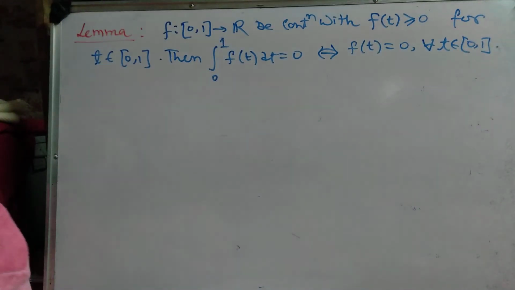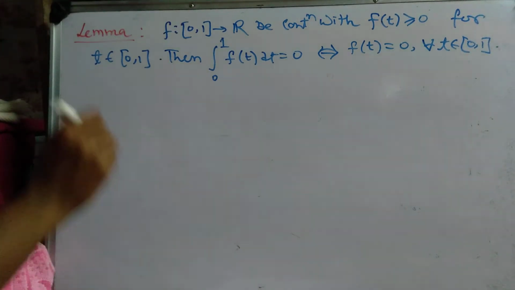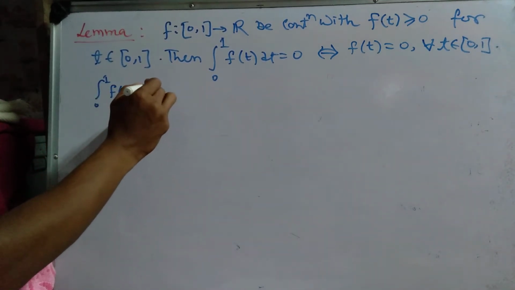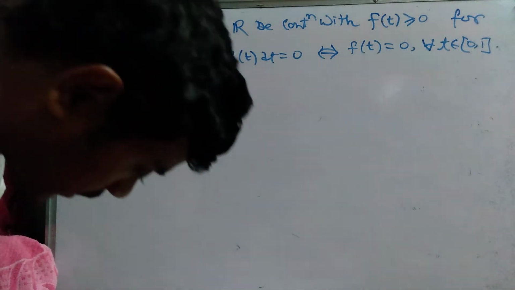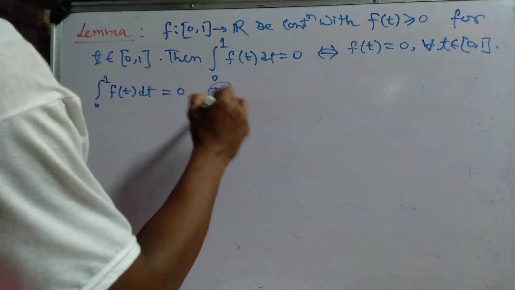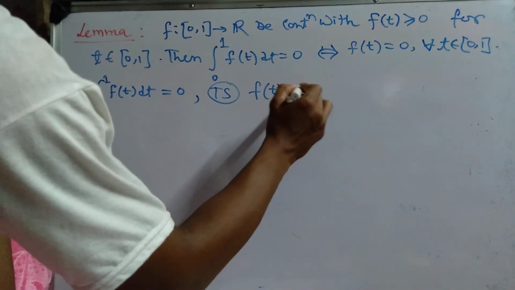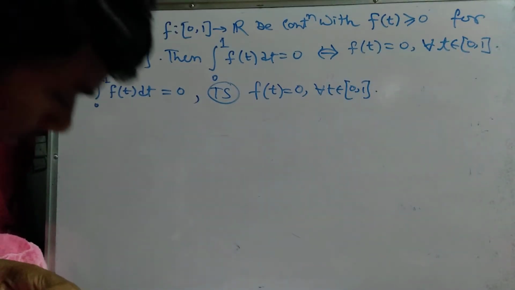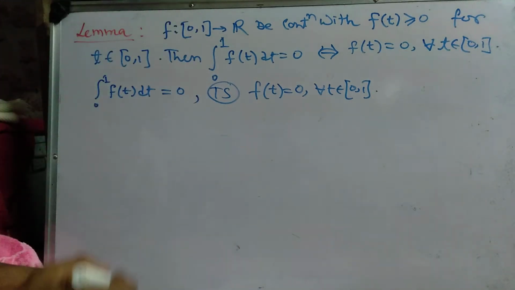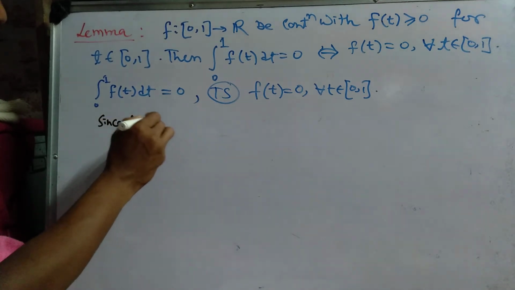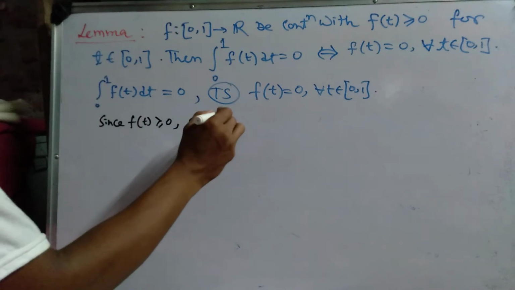Now if f is 0, then the integral is 0, which is the trivial part, but we have to prove the other part. This part means the integral from 0 to 1 of f(t) dt equals 0. We have to show f(t) equals 0 for all t belongs to [0,1]. For this, suppose not: since f(t) is greater than or equal to 0 and f is continuous,